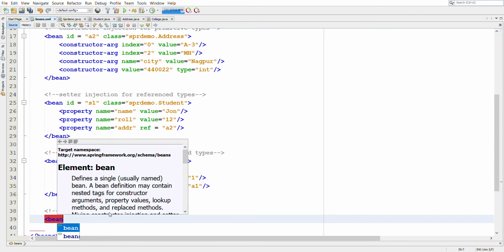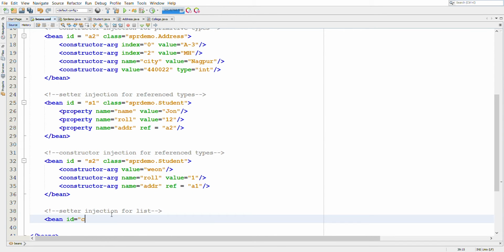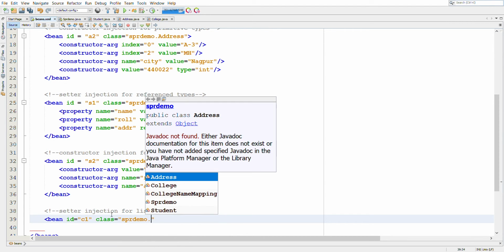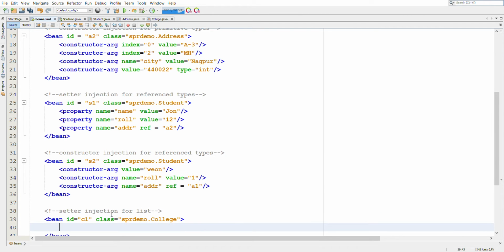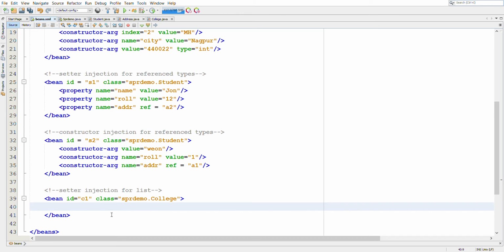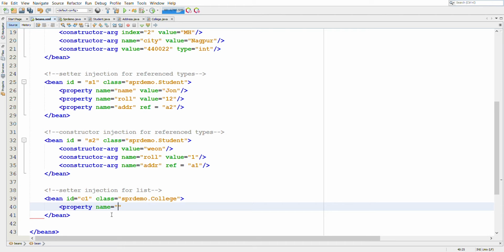first we'll create a bean. The ID of the bean, let's name it C1, so college 1, and the class is str demo dot College. Inside this bean tag, since we are using setter injection, we'll be using the property tag, and for the name we'll first pass the college ID. The value is, let's say, 223,